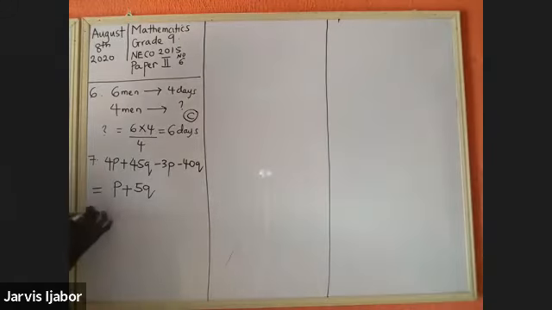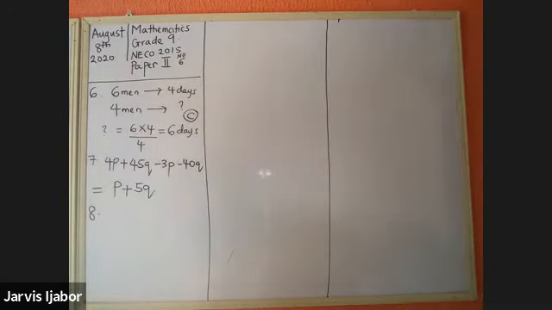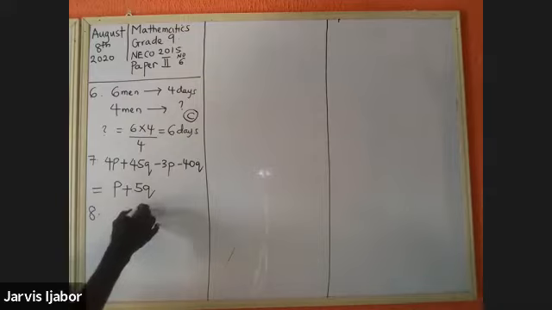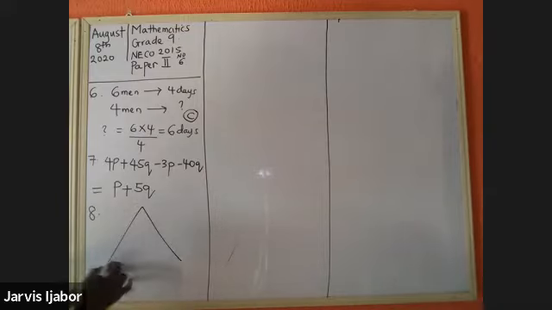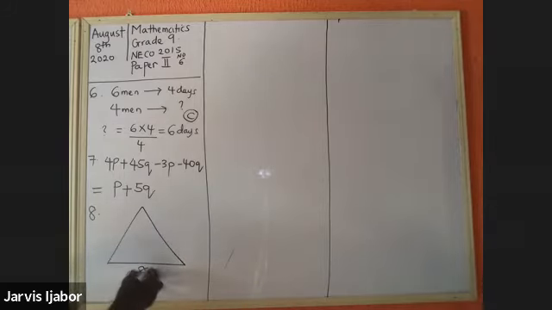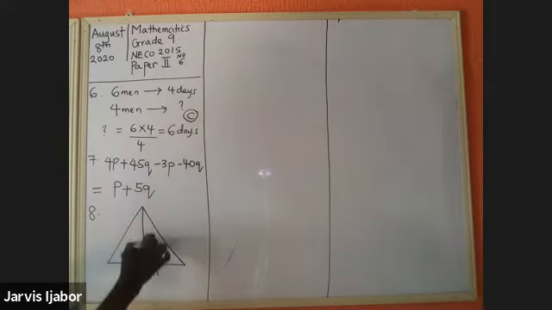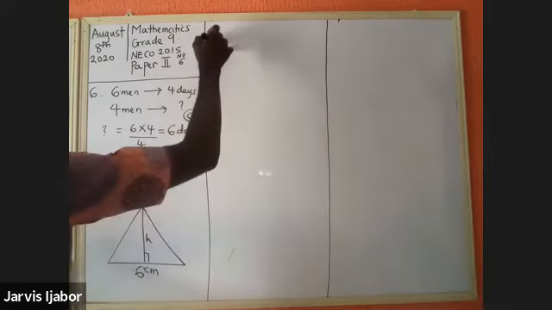Right, question 8. In question 8, if the base of a triangle is 6 cm, so what I'll do is, it would be nice to just draw the triangle, just for the purpose of teaching. It's what? Sorry, 6 cm. And the area is x squared. You are told to find the height. So the height,